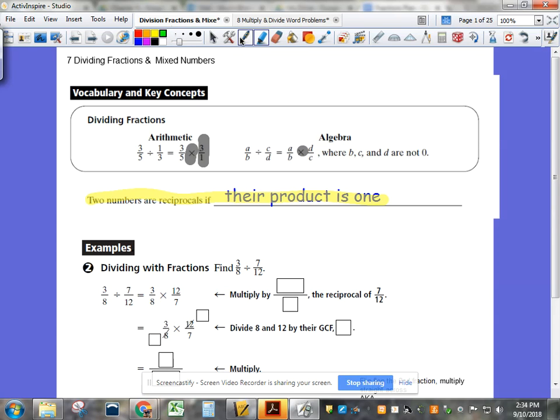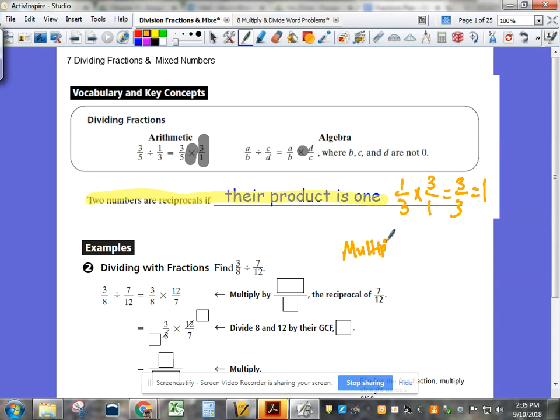Numbers are reciprocals of each other if, when multiplied together, they equal one whole. So for example, 1/3 and 3 are reciprocals because 1/3 times 3 is 3 over 3, which is 1. Well, that's awesome, Mrs. Hook, but who really cares about reciprocals? Why are they important? Well, because when we divide fractions, we are actually